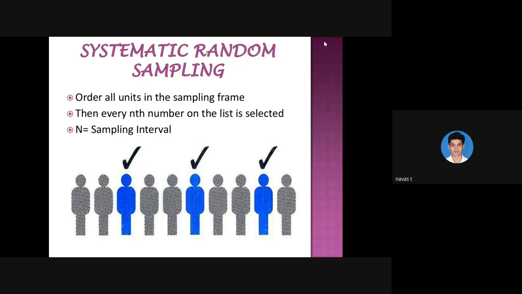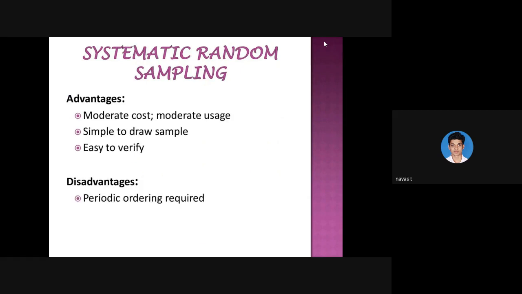The advantages of systematic random sampling are that it is moderate cost and moderate usage, simple to draw samples, and easy to verify. And the disadvantage of systematic random sampling is that periodic ordering is required. So these are some of the sampling methods we just discussed, and now we are moving into